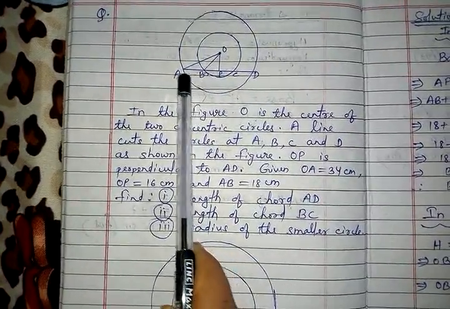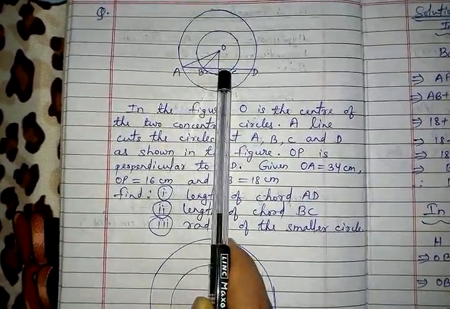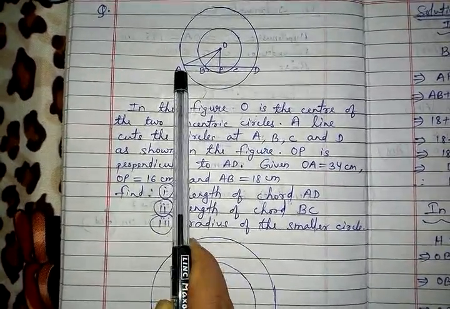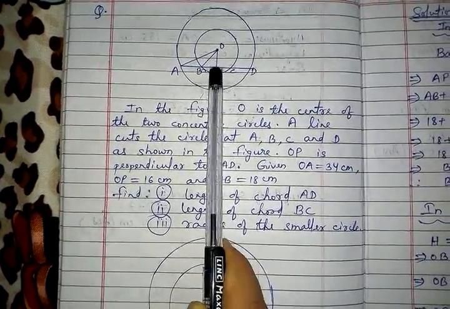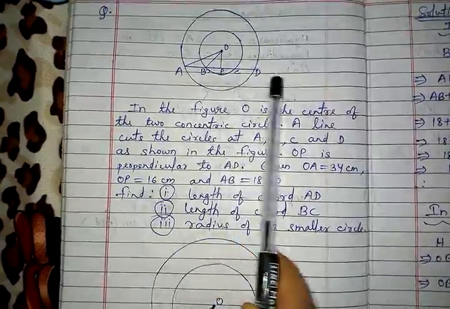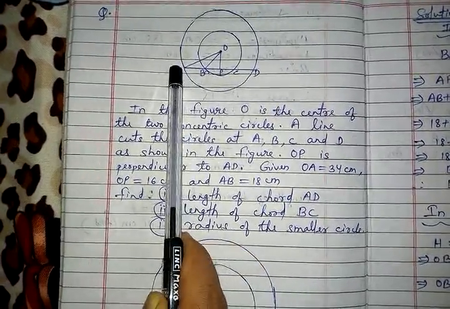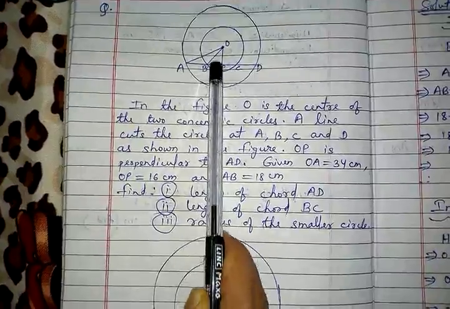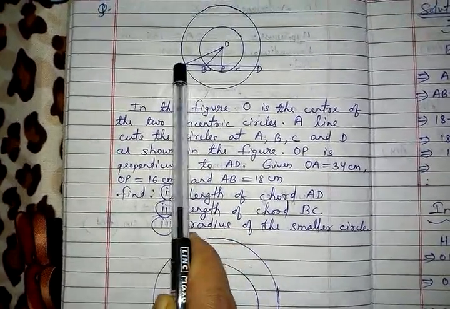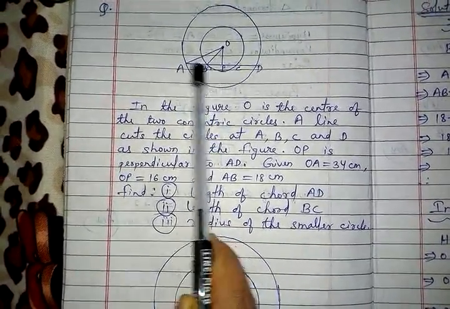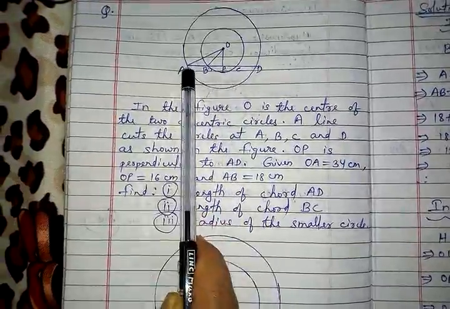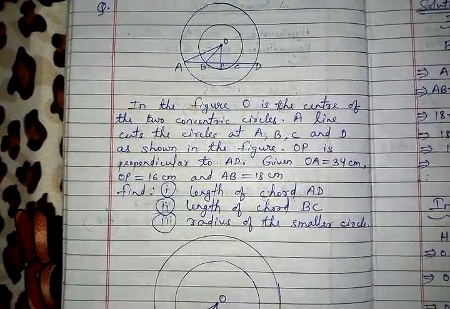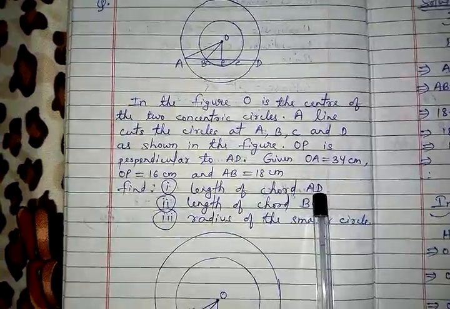That means if I know AP, then I can say double of AP will be the length of AD. Why? Because from A to P, whatever is the length, same will be the length from P to D. So if I know AP, then I need not find PD because it is same. So as I know AB, I should now try to find BP. Then AB and BP if we add, whatever length will come, same will be the length this side, and then we will know the length of AD. That is the technique of finding AD.